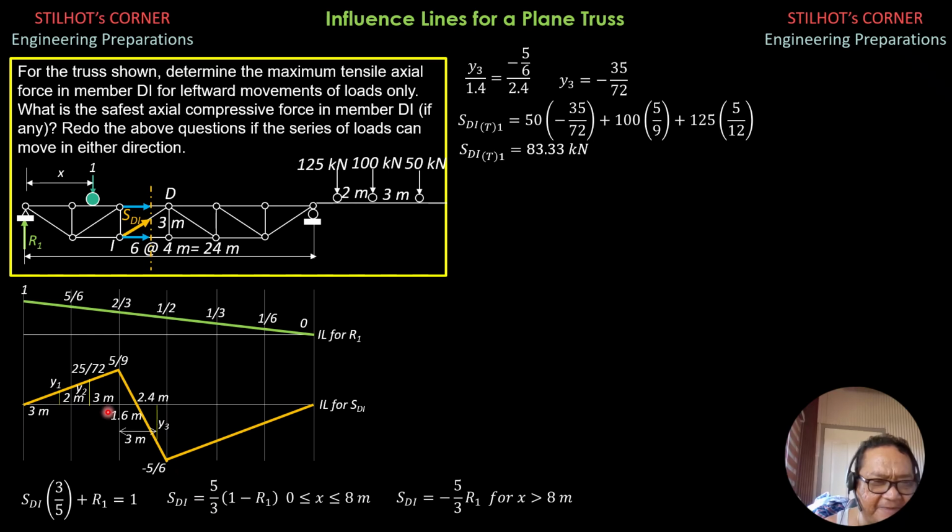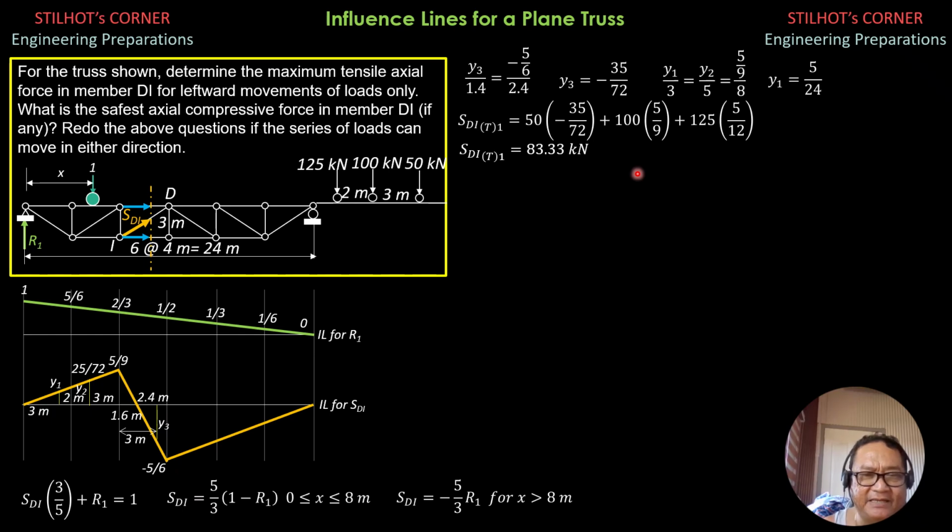Then that should be 5 from the left. Then let's solve for y2. So y1 as to 3 equals y2 as to 5 equals 5 over 9 as to 8. So y2 is obviously 25 over 72 as indicated there. And y1, I'm just showing y1, is equal to 5 over 24.